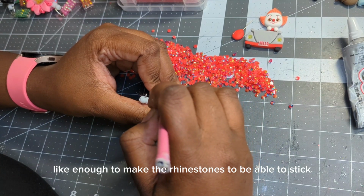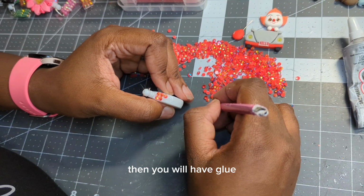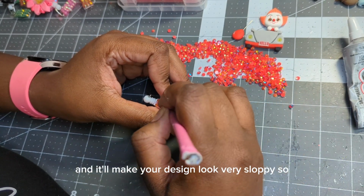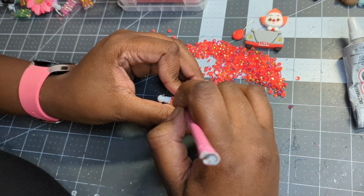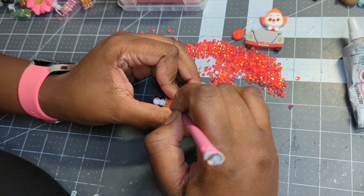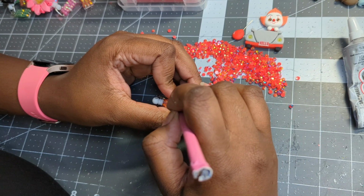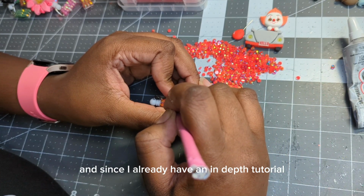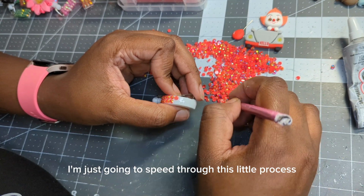To make the rhinestones be able to stick, because if you use too much and try to push it down, then you will have glue squeezing up all through your rhinestones, and it will make your design look very sloppy. And since I already have an in-depth tutorial on how to do this, I'm just going to speed through this little